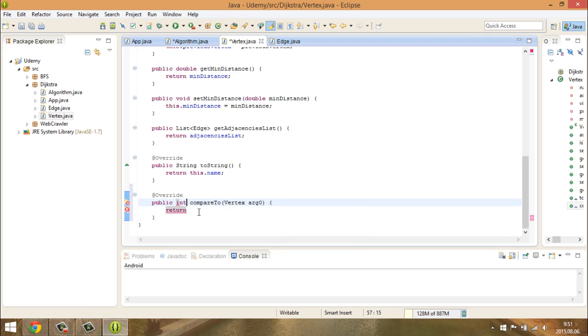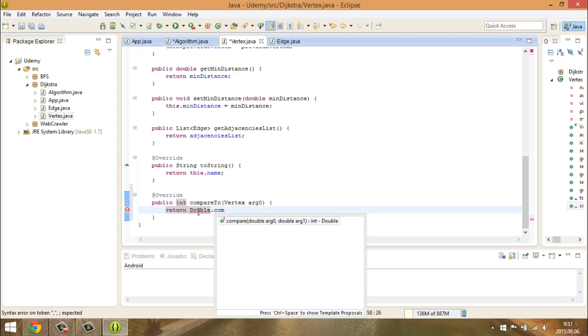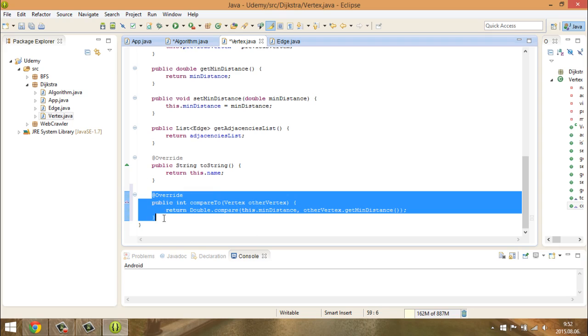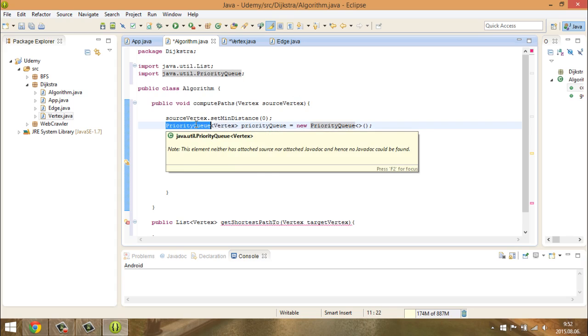Oh no, sorry, integer. Okay, yeah, because this double that compared to is going to return an integer. So this that min distance, and there's a vertex, the other vertex, and the other vertex that get min distance. So we have to specify this compare method, we have to override it, and now the priority queue knows that